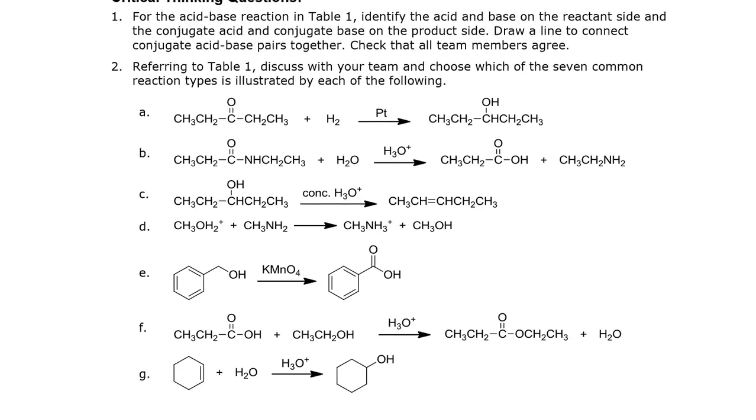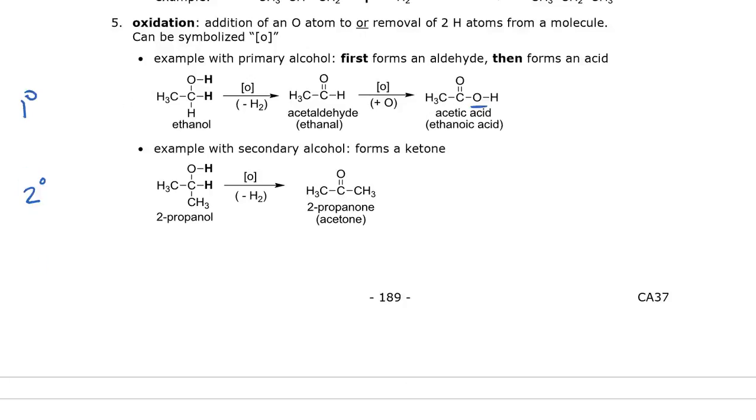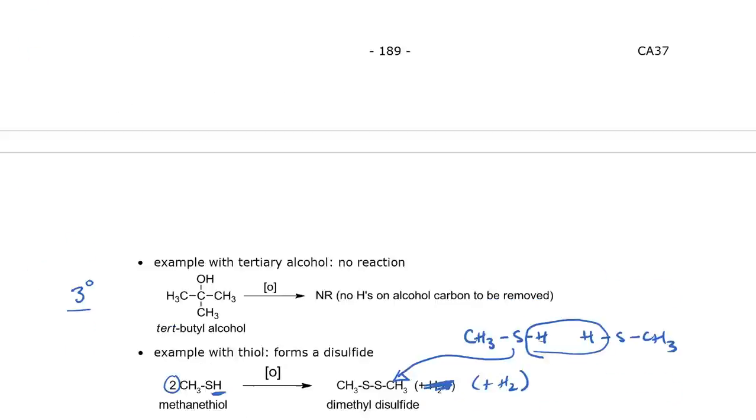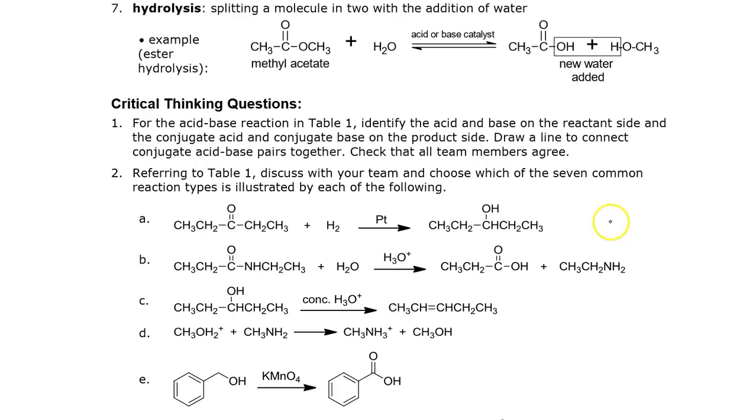All right. On question 2, what I'm going to do is just pause the video and then give you my answer for each of these questions A through G. So what you should do is each time you should pause the video, you should look at the reaction, go back and look at reaction types 1 through 7, and then figure out which one you think it is. So if you think it's acid-base, then you would write acid-base right here. Then unpause the video and see if you agree with my answer.